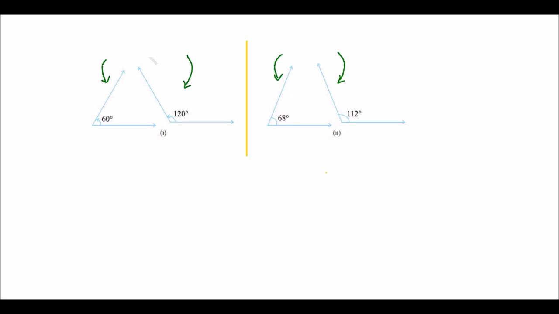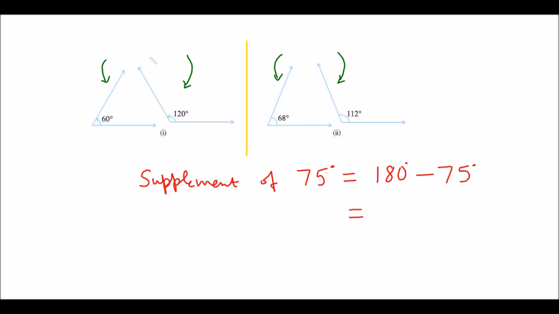And now if we want to find supplement of any given angle, we will subtract that angle from 180 degree. Let us take an example here. Let us try to find supplement of 75 degree. To find supplement, we will be subtracting 75 degrees from 180 degrees. So our answer will be 105 degree. In the same way, you can find supplement of 105 degree, which will come out to be 75 degree.